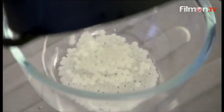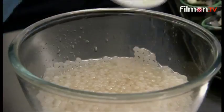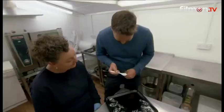I'm about to have my very first mouthful. Snail caviar. It's nothing like what you're going to expect it to be like. It's like caviar, but not quite as fishy. Yeah. Who knew? And so then you can serve it in these fancy little...